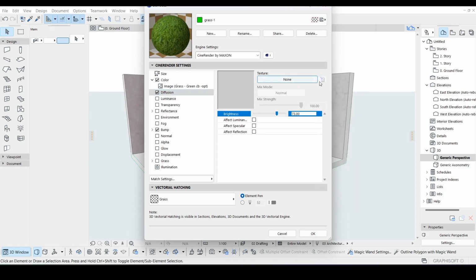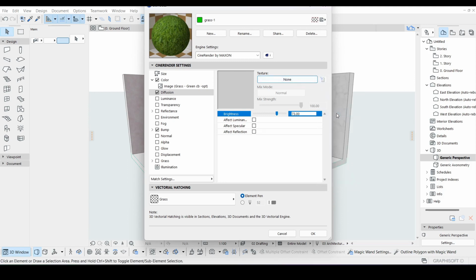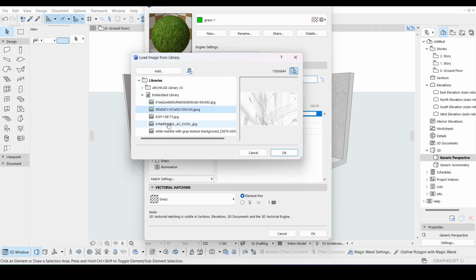I mean, not texture. Yeah, here exactly. Let's go image. If you have another image, you can add it from another part, which I was showing you, how to create a texture for the wall and have different types of wall design rather than what we have in the library. So what we're gonna do here, this is the previous one I used to do,